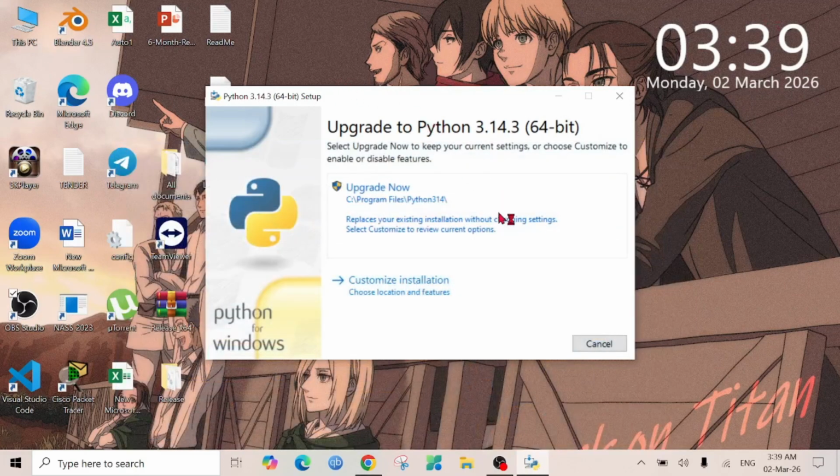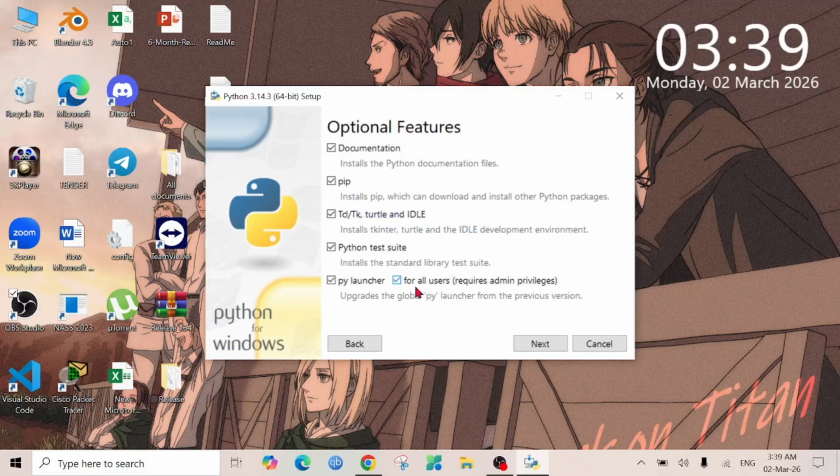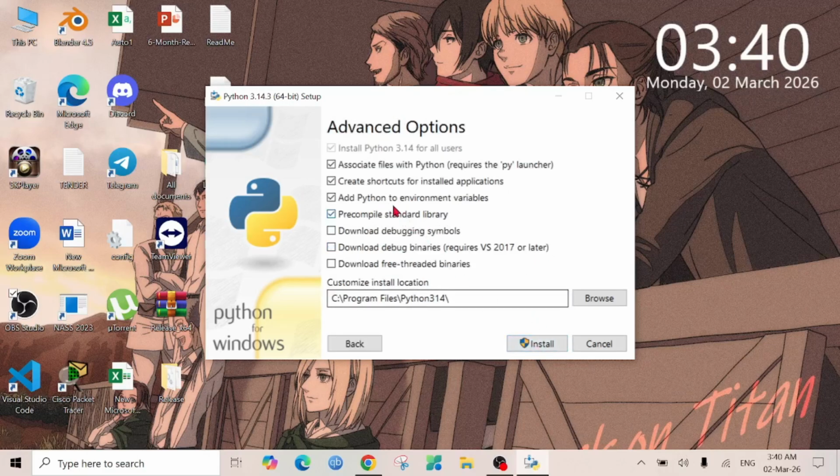Here the installation wizard is open, so select the customize option here, and you can see all of them are selected. The pip will install all the Python packages, and IDLE is the development environment. So keep all of this as it is and select next, and make sure to select install Python 3.14 for all users, and I'm going to keep all this as it is. You can also change the installation location. So I'm going to click the install option here, select yes,